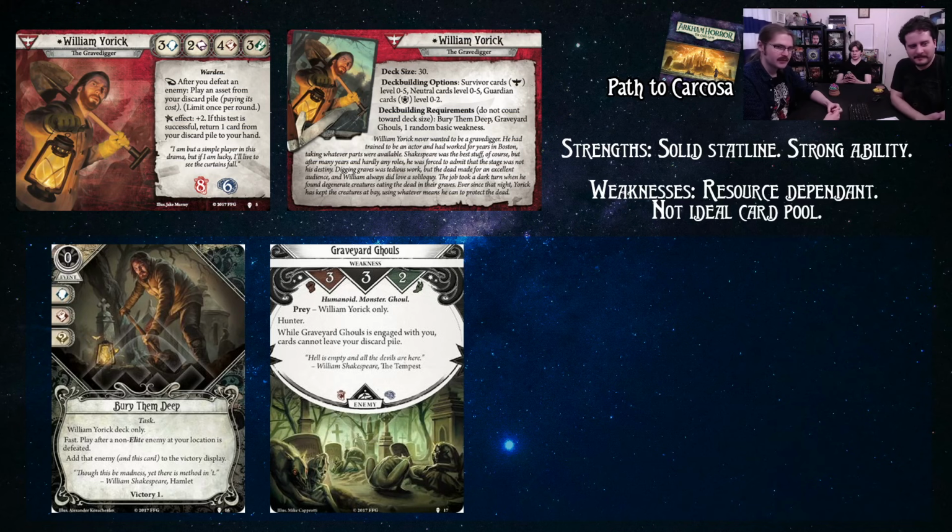It's Will Yorick deck only. Fast. Play it when an enemy at your location is defeated. You add that enemy and this card to the victory display. It's just worth a victory. So you get to make all kinds of neat choices about it. You can take an annoying enemy, such as a Wizard of the Order,